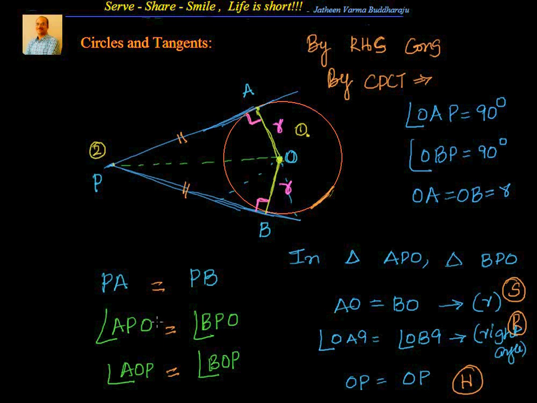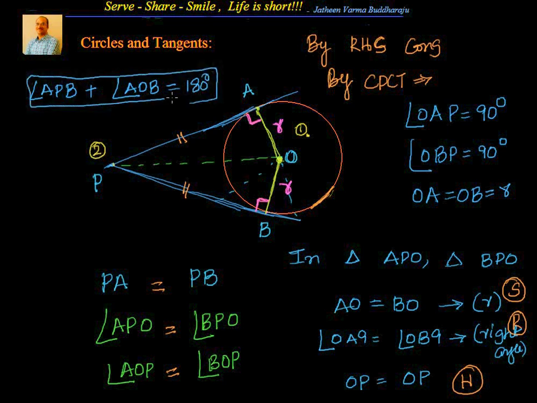That means, if you observe now, you have a right angle triangle in which one angle is 90 degrees, so the remaining two angles should add up to 90 degrees. Or let's do it another way. You know that angle APO and angle AOP are complementary angles, they both add up to 90 degrees. Or I can also say angle APB plus angle AOB is 180 degrees. They are supplementary to each other.